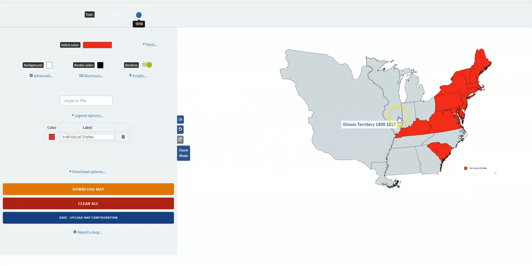And you'll notice as you do this that the territories become fewer and the states become more prominent. And so all you do is make the states red and change the color of the territories. But what you're going to end up with is a series of maps that will show the western expansion of the United States. And that's going to be on your slide that you're going to turn in. Of course, that slide is found on Google Classroom, and this is due by the